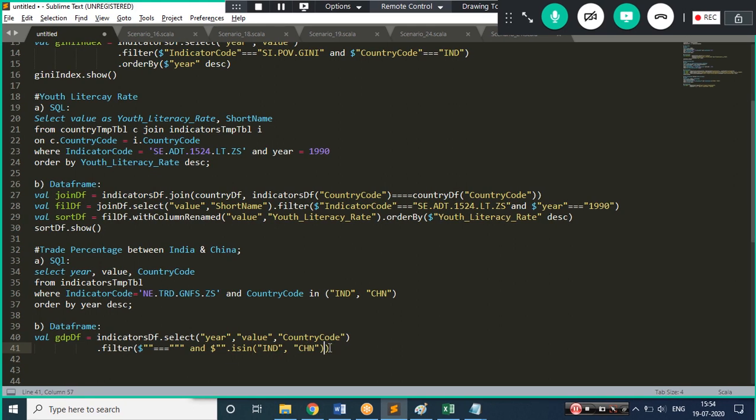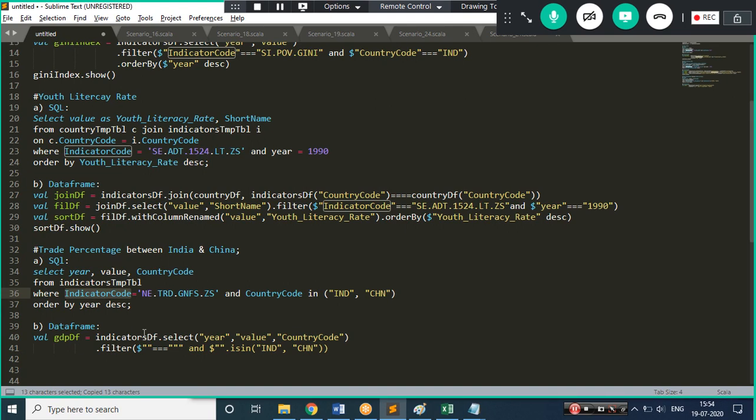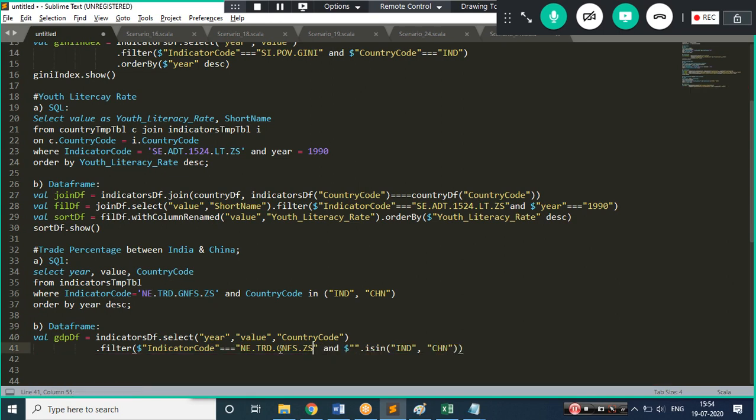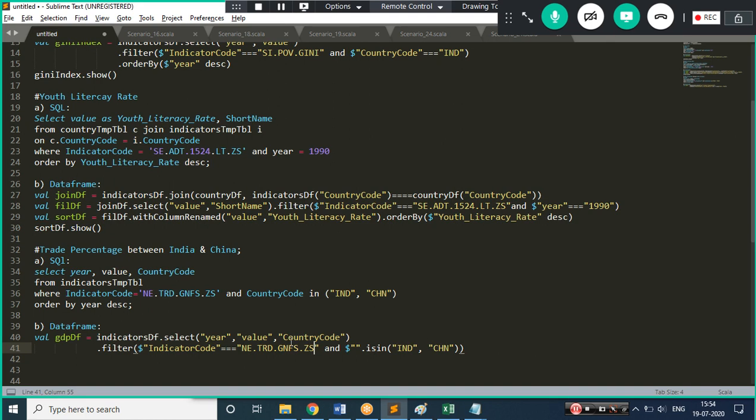Okay, so this should give me the correct result, hopefully. Let's see, once we evaluate this, we'll see errors and we'll try to solve this. Okay, so this is the code for the trade, and I have one more code. See, it gives you an error and it eradicates your error, even Scala.